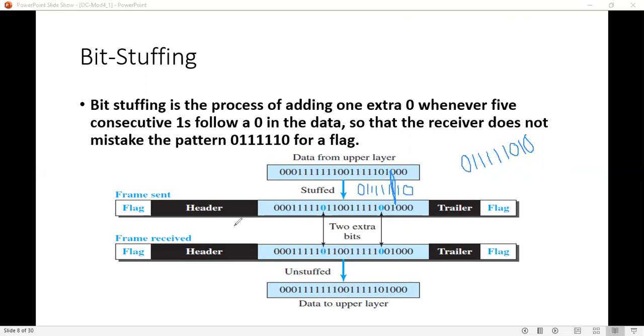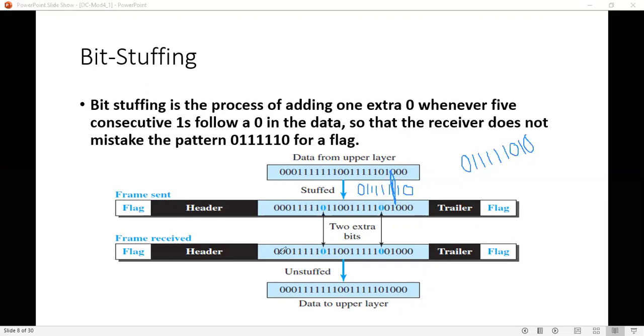So from the sender side, you have the sequence of data from the upper layer, and at the sender you are going to stuff extra bits into the data at required places, along with the flag header and the stuffed data, trailer and flag. You are sending it, that is a frame, to the receiver.